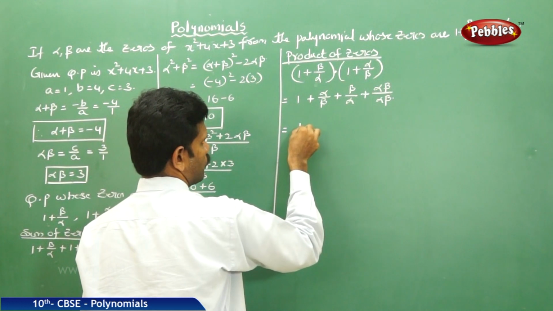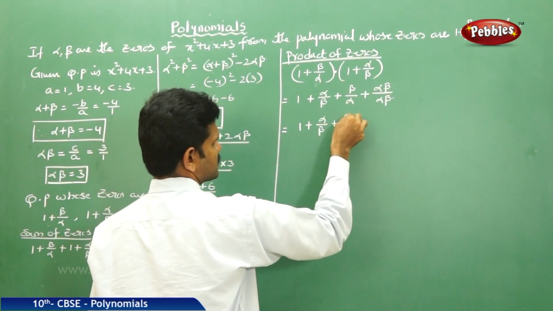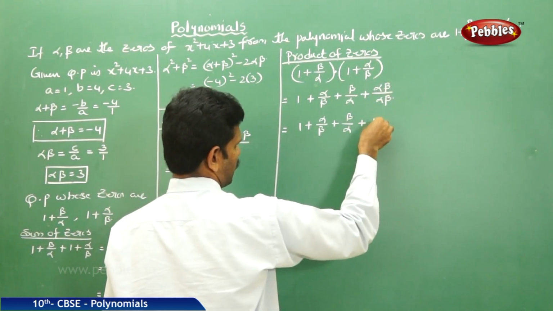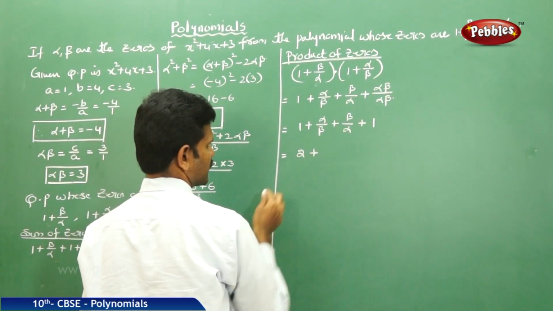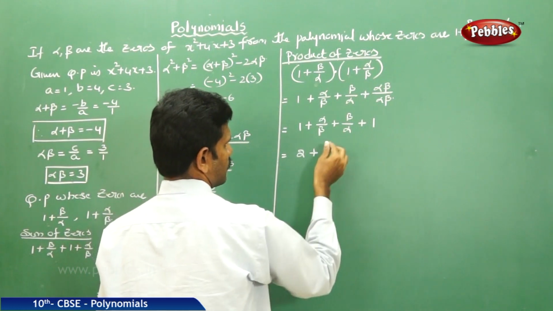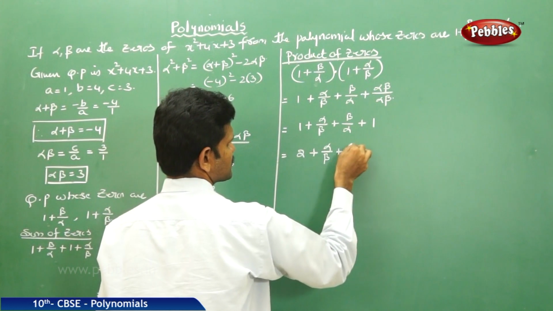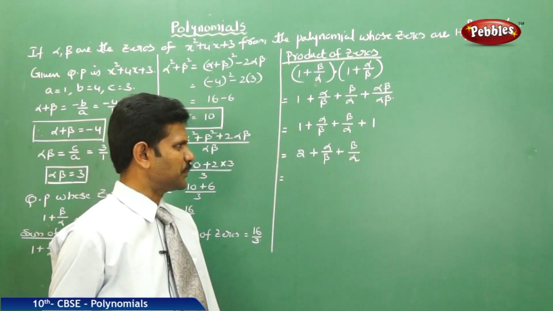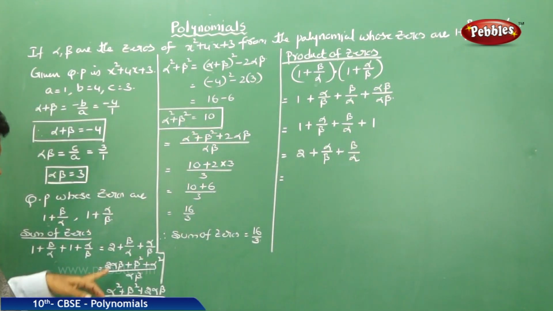Now 1 plus alpha by beta plus beta by alpha plus 1, that is 1 plus 1 equals 2, plus alpha by beta plus beta by alpha. When you observe this, the part 2 plus alpha by beta plus beta by alpha, just like your previous form,